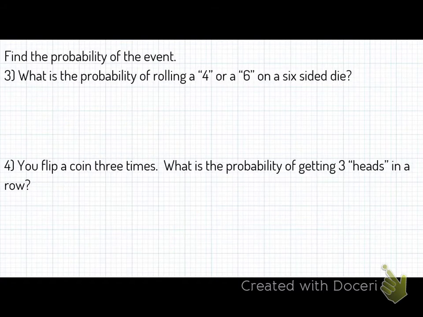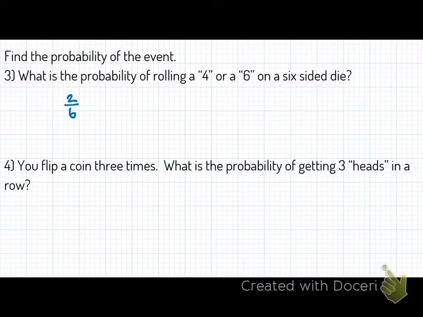Okay, so number 3, here we go. So let's look at number 3. What is the probability of rolling a 4 or a 6 on a 6-sided die? So you know, like a die, like what games have dice? Like Monopoly, right? A pair of dice. So how many sides on a die? Good. So how many 4s are there on the die? How many 6s on the die? Good. So how many 4s or 6s on the die? 2. Good. Okay. So there's 2 possible sides that have 4 or 6, and then the total possible sides is